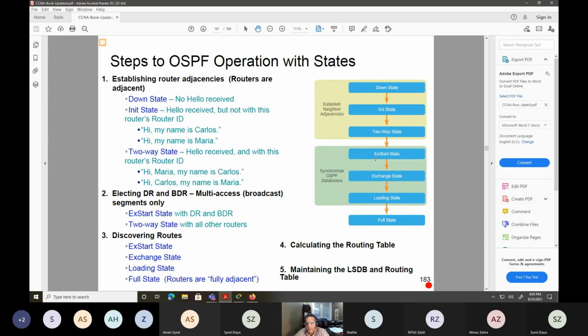Basically, these are just the states: the down state, initial. When your system comes up and your router comes up, it's in the down state. It initializes OSPF. It's a two-way state when the connection goes on and starts to handshake,